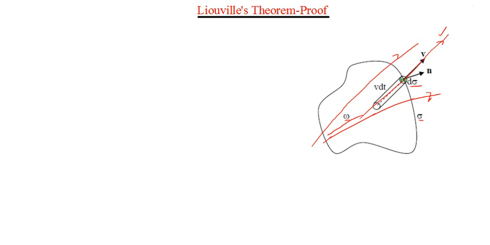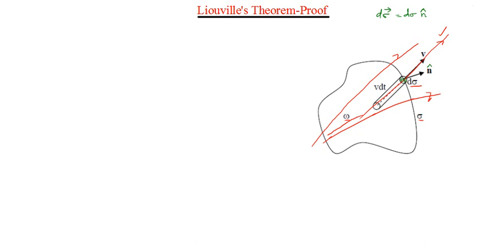For mathematical convenience, we treat area elements as vectors. Area itself is treated as a vector. So let me say that d sigma is a vector whose magnitude is equal to d sigma and whose direction is given by the direction of a unit normal vector, n cap. This is a unit vector normal to the given area, which gives you the direction of the area vector.